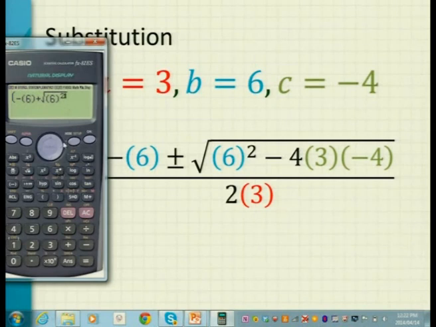Get out of that squared position. Minus 4 bracket 3 bracket, another bracket minus 4, close the bracket, and then I must get out of that square root, close that big bracket, all of that divided by 2 bracket 3 bracket equals, and the answer is